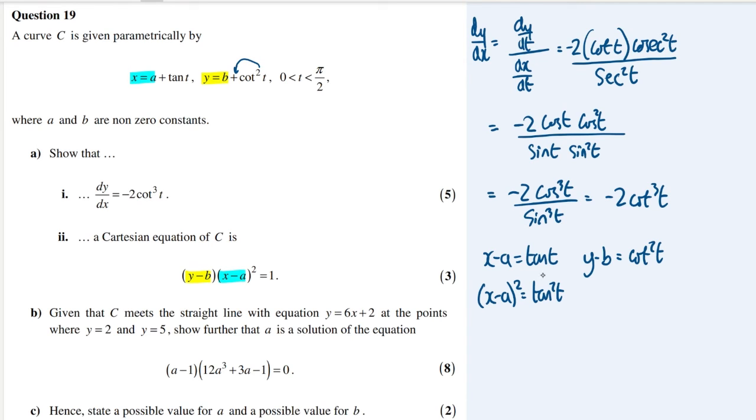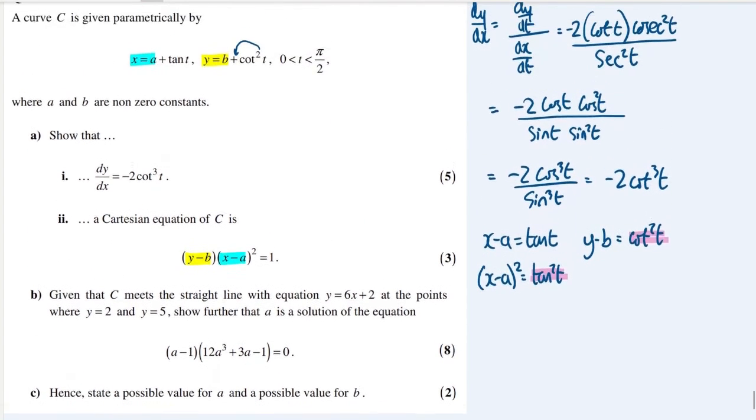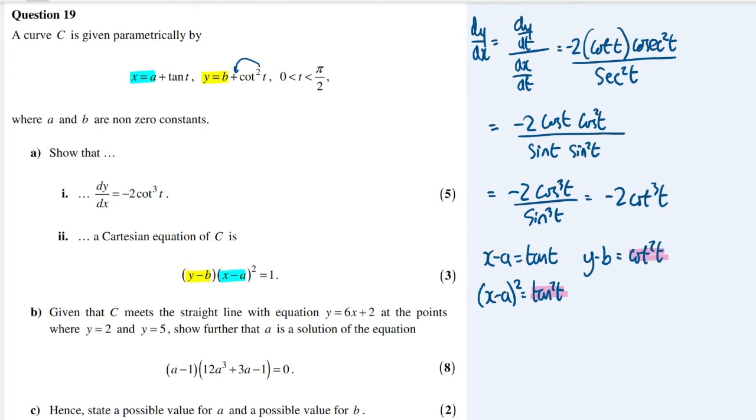And what's the relationship then between tan squared and cot squared? Well, they're the reciprocal of one another. So this tells me that x